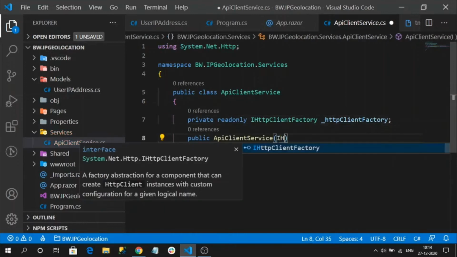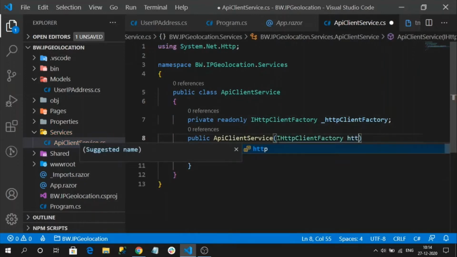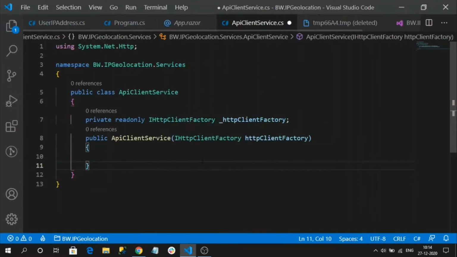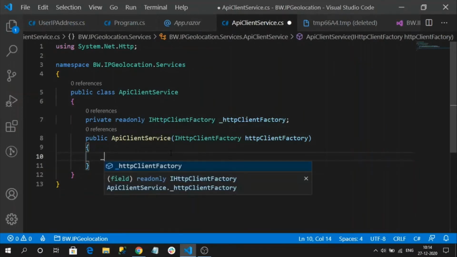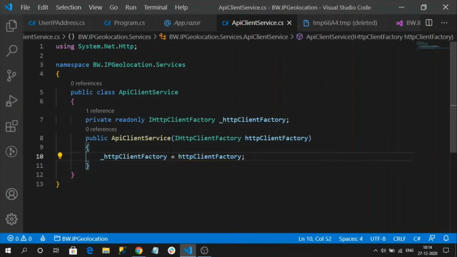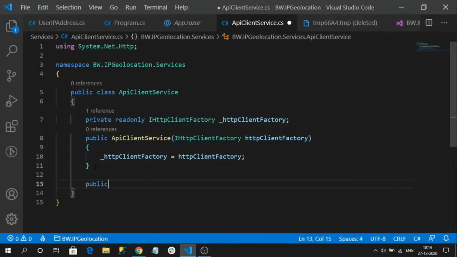And now I am going to inject the client factory. So now I am going to write a method where I can consume my external IP address. For that, I am going to create a method public async, for now void, not void.